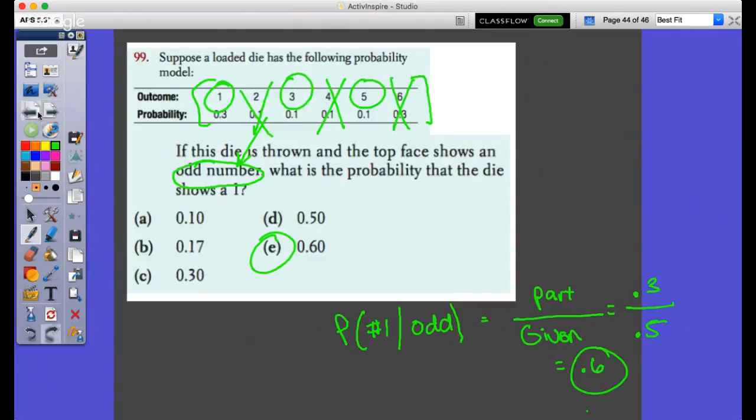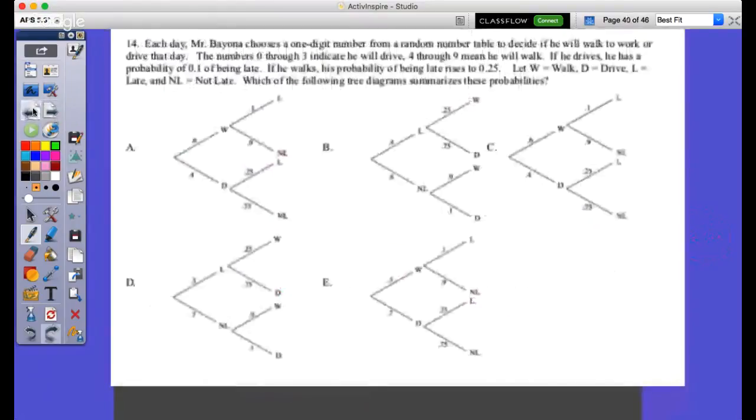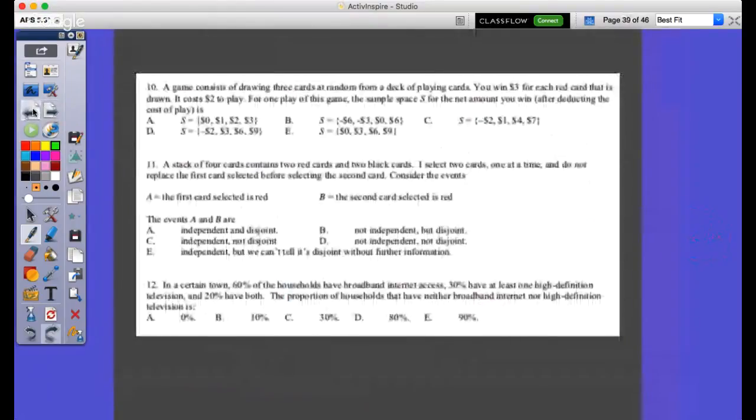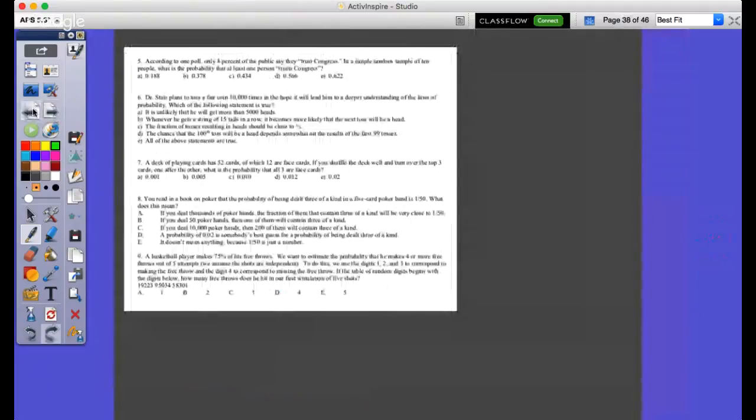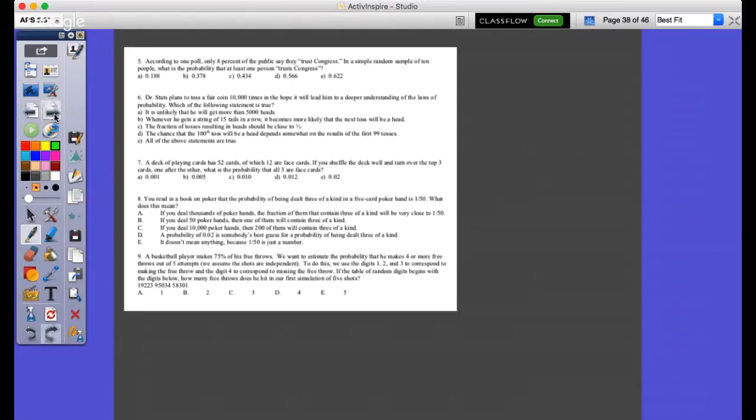Okay, let's see if we have this one. Good. Okay, so that's our two-way table. There's one I thought I wanted to hit on. Sorry, I'm talking to myself. My apology. Number 1's a big one. I would look at that one. That one's on my last podcast. Yeah, it's a really good one.